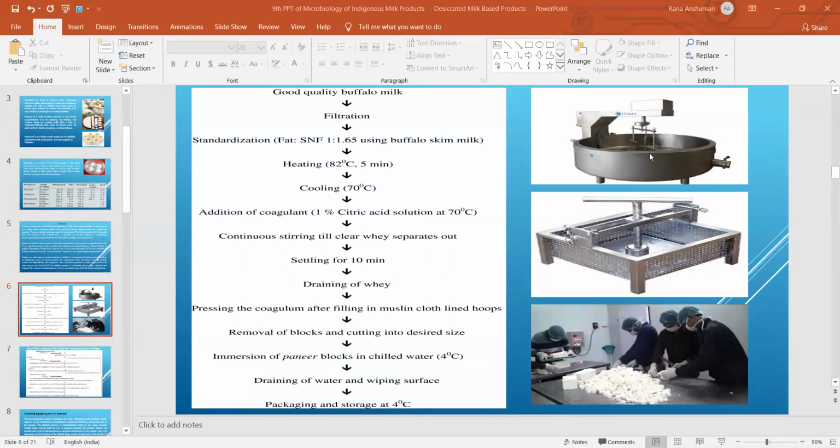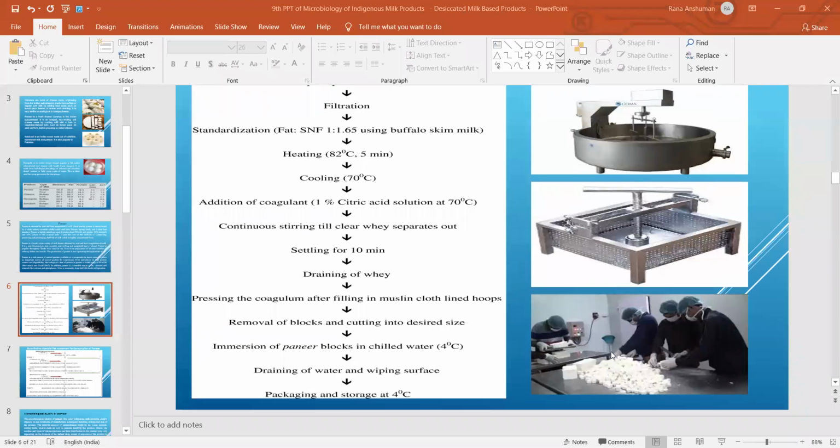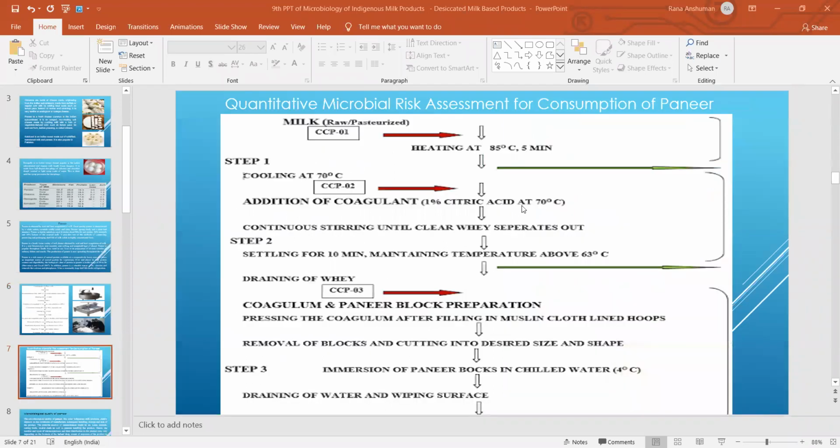So these are the different instruments people are using for manufacturing of paneer. You must have studied all these machines in your technology courses. So nowadays a double jacketed vat is used, and sometimes people are circulating hot water or steam inside that double jacketed machine. Then a fresh pressing machine is here. Then a cutting and seaming machine is there. So automatically by using these machines, you can prepare different kinds of paneer.